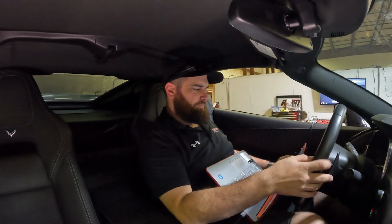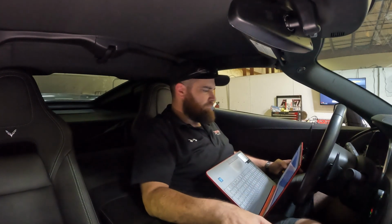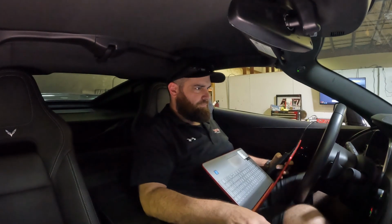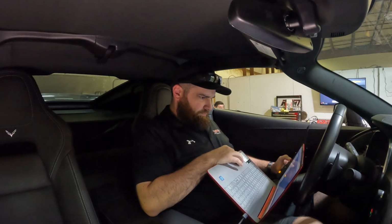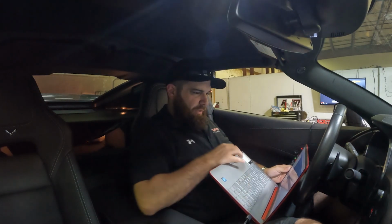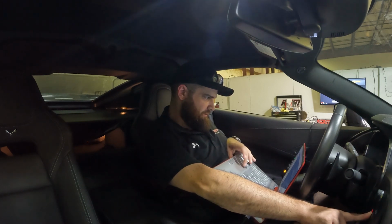Should be a little higher now. Make another little adjustment. Shifted where I wanted it to shift. Just slipped a little bit on the shift. Let me try and